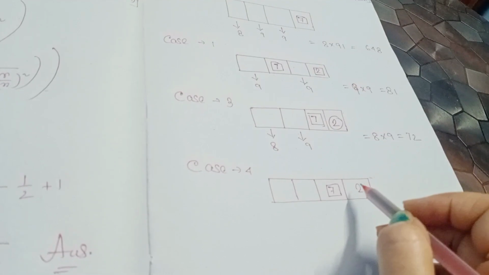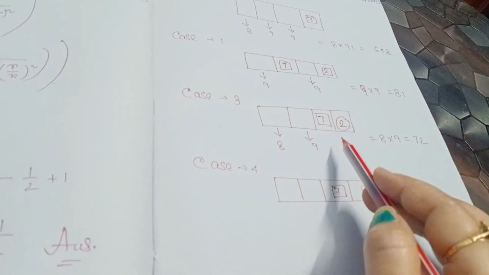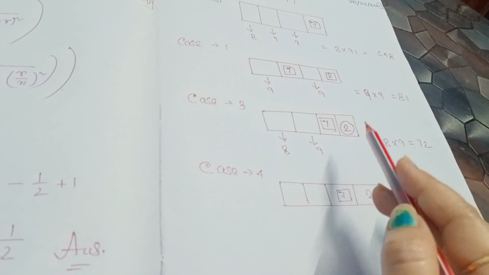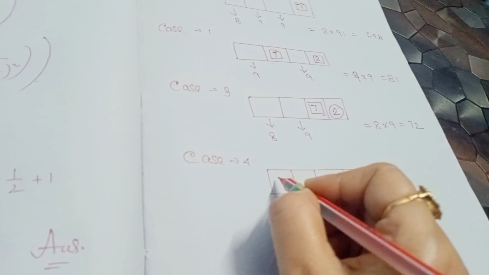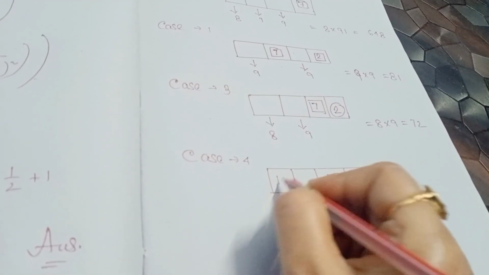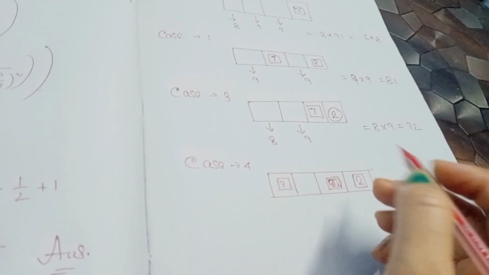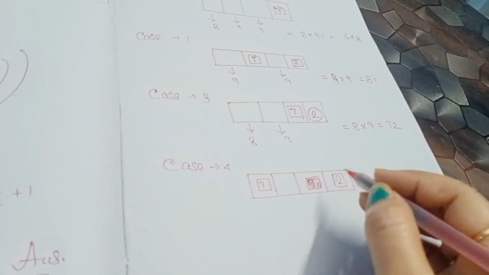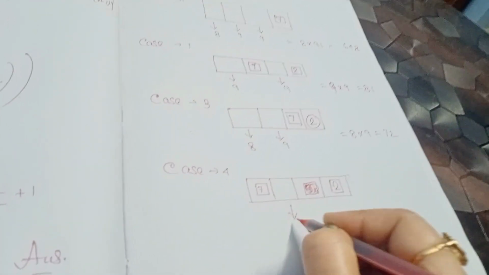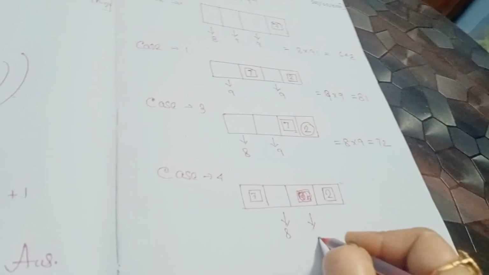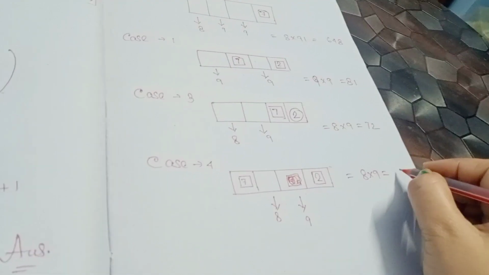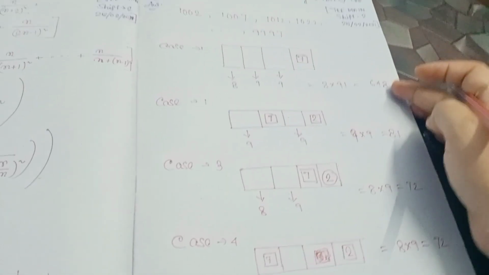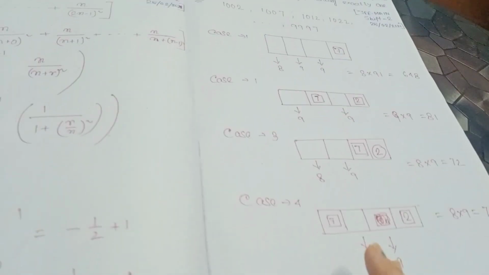Now if this and this is 8 and 9, now I think it is 2, and here is not 7. First number is 7. This position we do not calculate 7, so here it is 7, and it is 8, and it is 9. So here we get 8 into 9, the number of numbers is 72. So when we take the sum of all of these, we get the exact number.